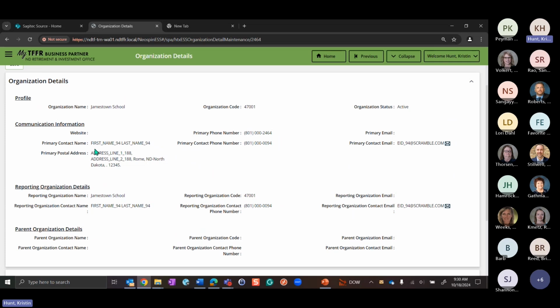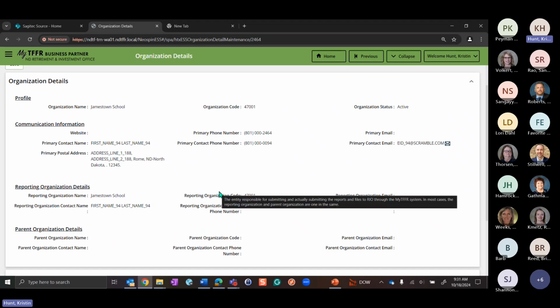If something needed to be updated, you would contact TFFR and let them know, like, our primary contact has changed, we need to update that. You would have to contact them for them to update this because, as you can see, you can't do that from here.